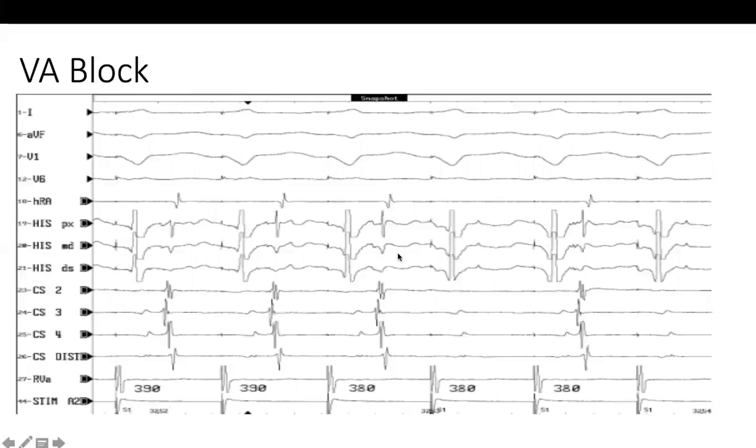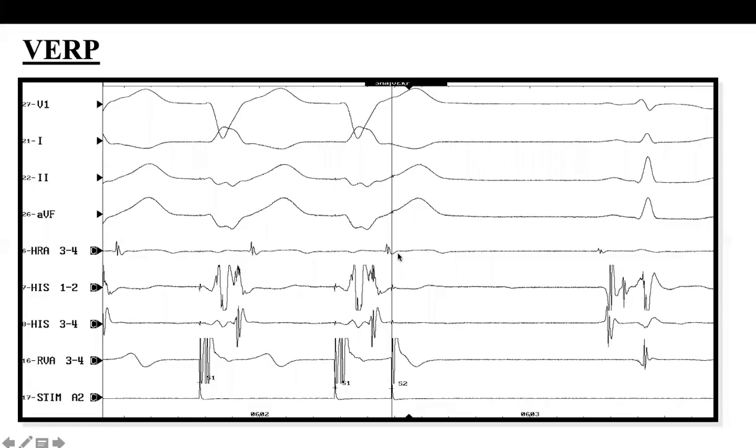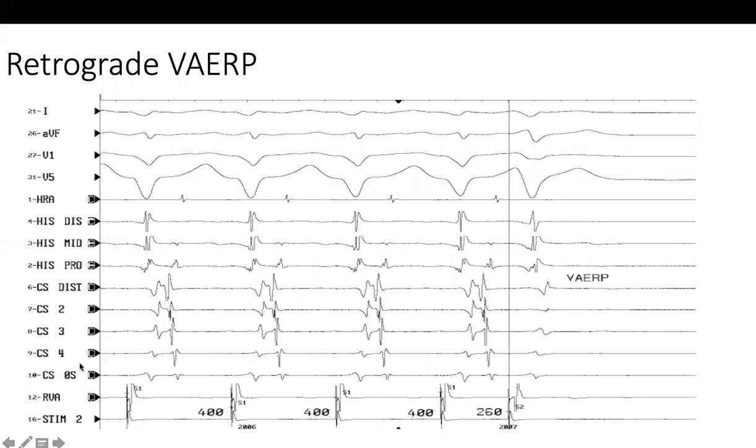Can we go back to the previous slide? This, yes. Pacing in the ventricle in the apex. The first activity noticed is actually in the proximal HIS. Is the activity atrial or ventricular? After the ventricle, it's activated. Then